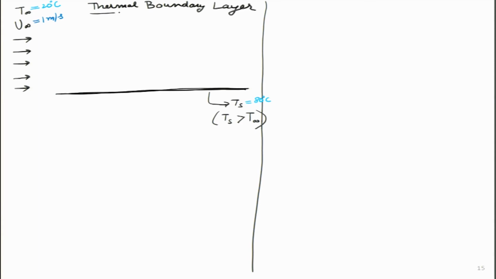So what do we mean by thermal boundary layer? Let us see that in just a few minutes. I will put again the x axis over here. So this is x and this is y. So what is going to happen over here is, when this cold air tries to pass over the flat plate, if I ask the student what do you think will happen, I may answer that the lower portion of that air will start to get heated.